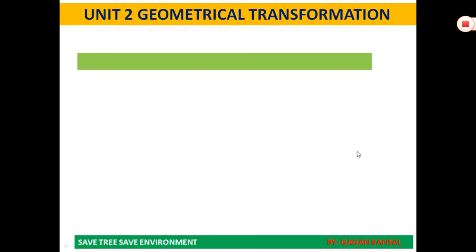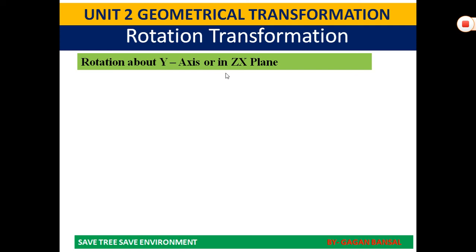And finally we can do it for y axis also, that is rotation about y axis, or we can say zx plane. It is a bit conceptual, zx plane, as we go anti-clockwise. First we draw xy, then we draw yz, then we draw zx. So while drawing the diagram you must take this concept very effectively. Hope you will do it very effectively.